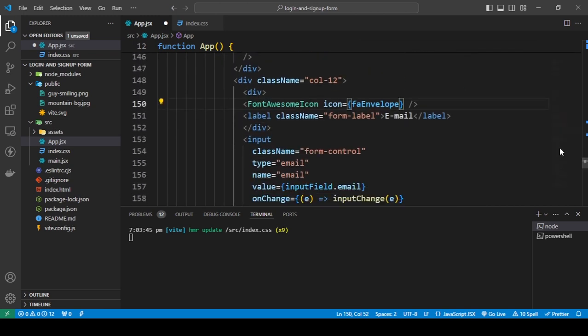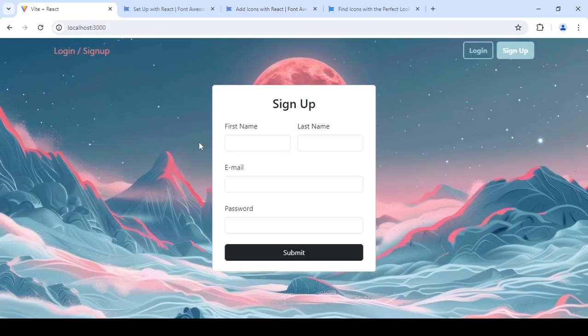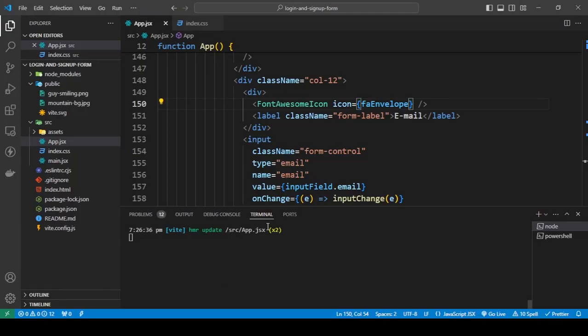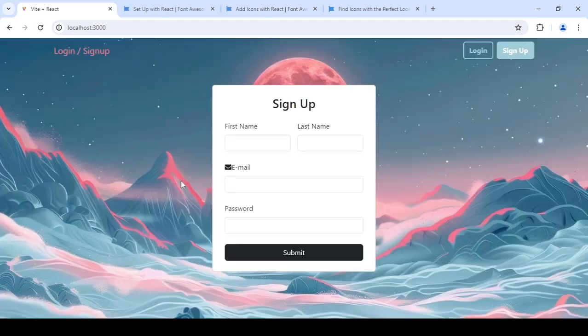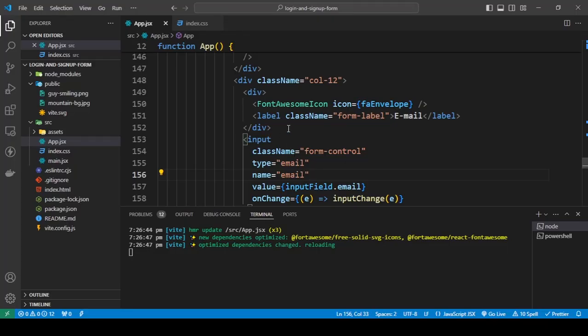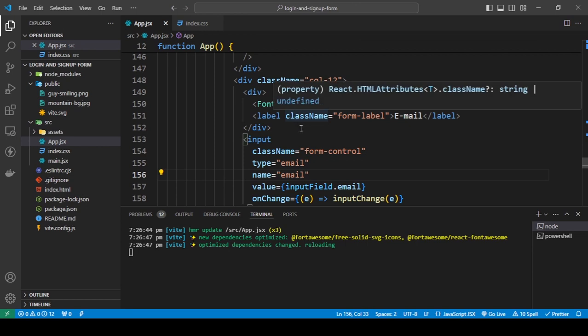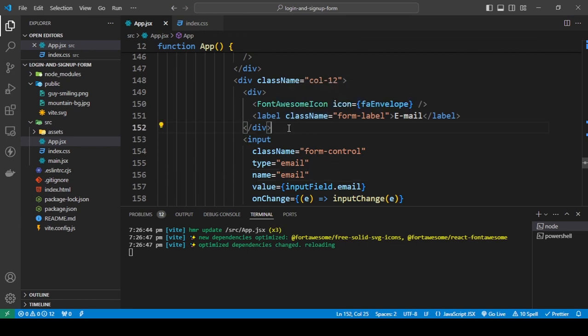So back to this, and you might see a problem. I think we are going to see a problem when we do this. Did it not save? Okay, so it's still loading. Okay, so we are seeing our icon right here, and that is because we ended up creating a div first and then putting both of these in. If we had done it the other way, where you end up adding this outside, it would have caused a